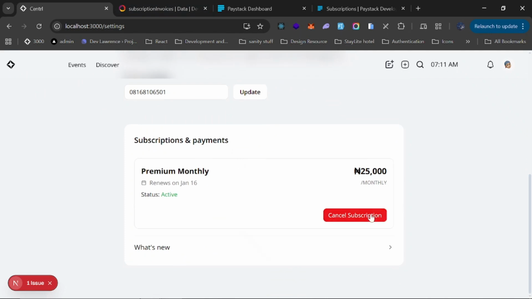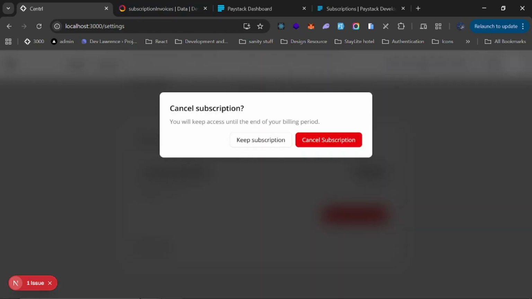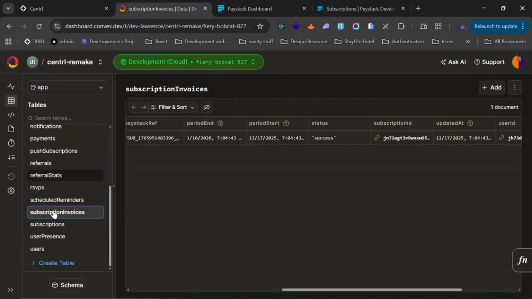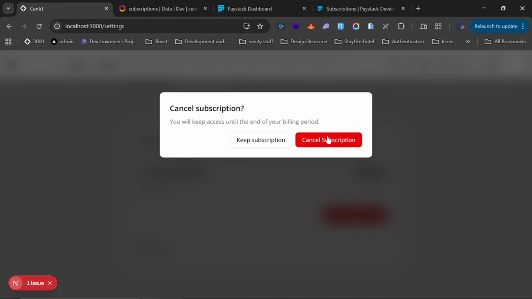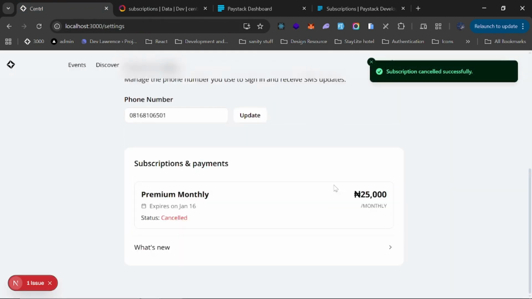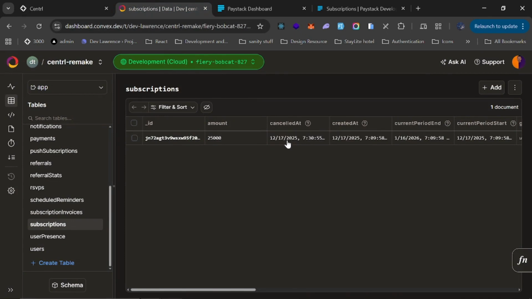So if I click on cancel subscription, it's going to tell me that you will keep access until the end of your billing. So let me go to my subscriptions table, and you can see this cancel that is currently unset. But if I click on cancel subscription right now, you can see that subscription canceled successfully and the status is cancelled. If I go back to the subscription table, you can now see the date that we cancelled the subscription. So basically, today is 17th of December 2025,